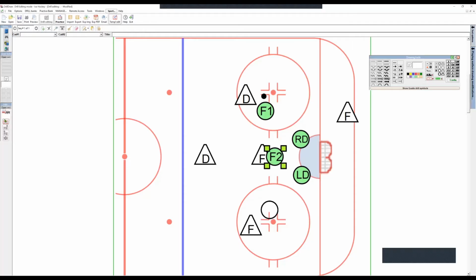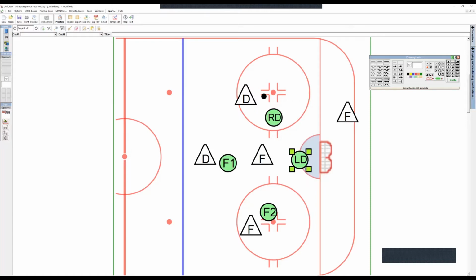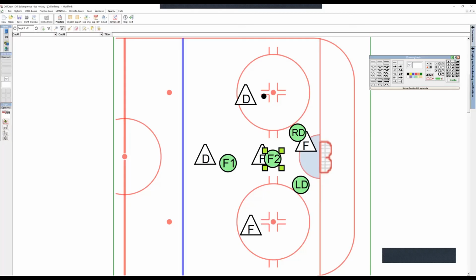Just to put it into contrast with something like a standard diamond, you might have something that looks a little bit like this in the diamond. And so this guy's occupied in front, and then they have to have their sticks in lanes to protect this guy. It leaves the bumper open. So by putting ourselves into this triangle plus one structure, we take away the bumper. It's a very dangerous